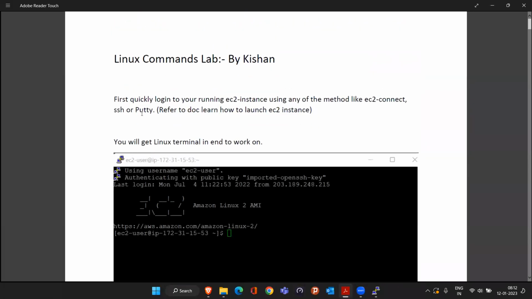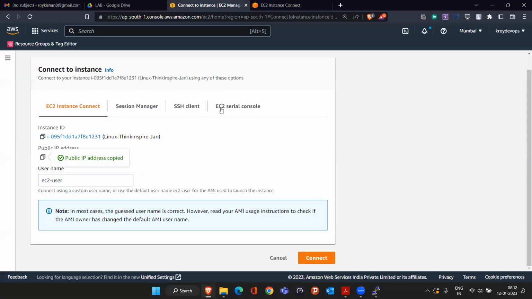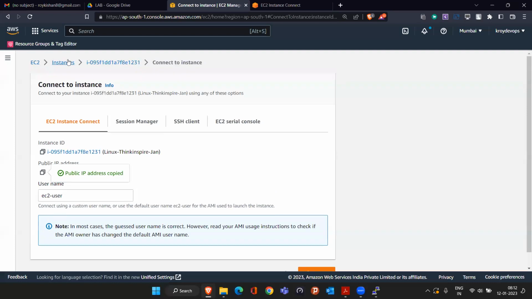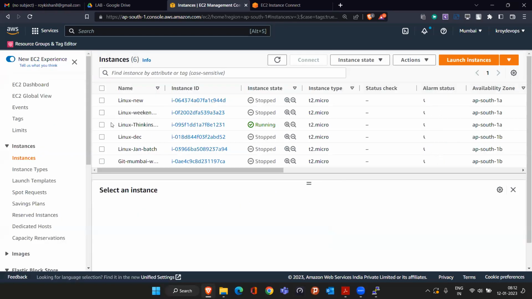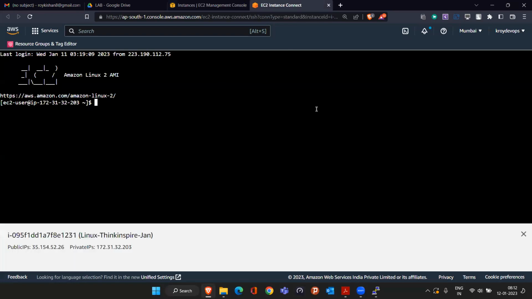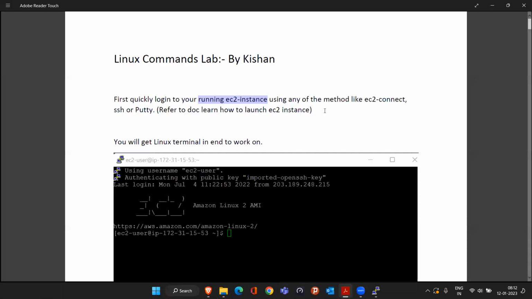If you read it here, it clearly says that first you have to log into your running EC2 instance. A running EC2 instance is like the Linux machine. In our case, this is our running EC2 instance. So we logged in either using PuTTY or the browser. It's totally up to you which method you connect with. Once you connect to this machine, then I am saying,